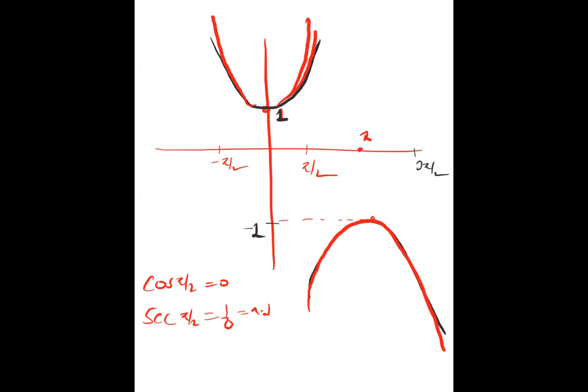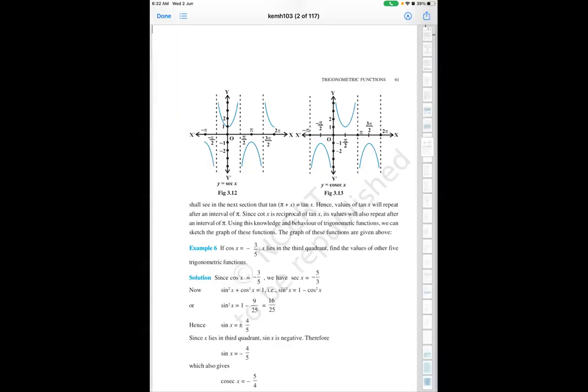This will be 180 actually, pi. Same way you can see this side also, minus 3 pi by 2 also. A similar graph you will see. Got it? Same thing you can see here: the upper curve and lower curve. Like this for cosecant x, it will be between 0 to pi, like this, then like this. For cosecant x, 0 to pi, pi to 2 pi, that gap you have to take.